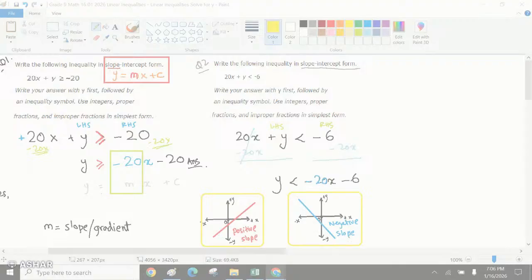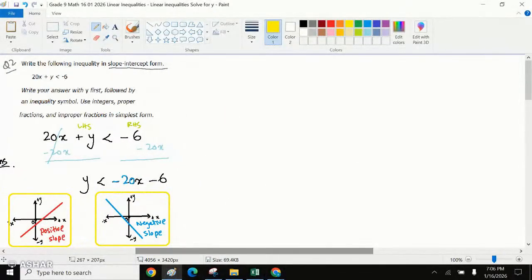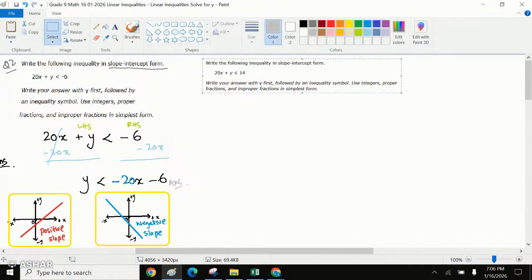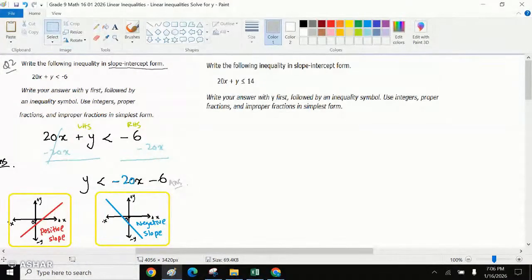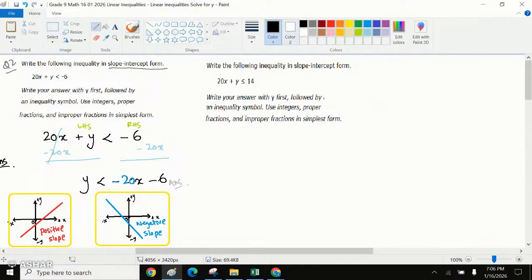okay, let me just copy. For question number 3, this was our answer. Question number 3 says, very similar question, only the inequality is very different. So for question number 3, what they are asking us to do is write the following inequality in a slope-intercept form, where the inequality given was this: